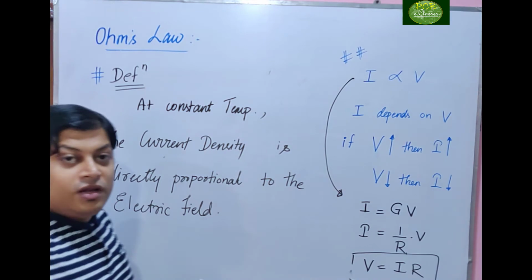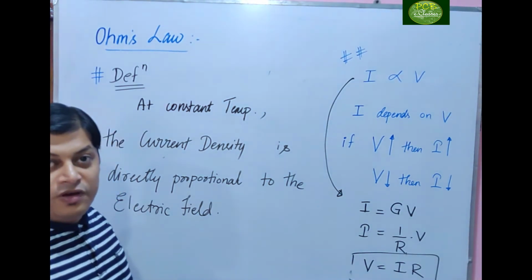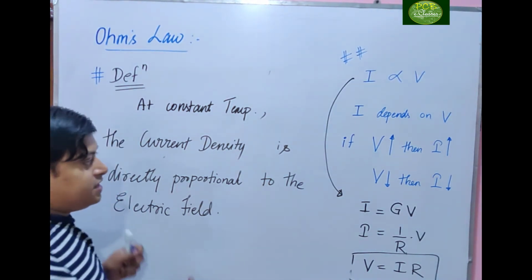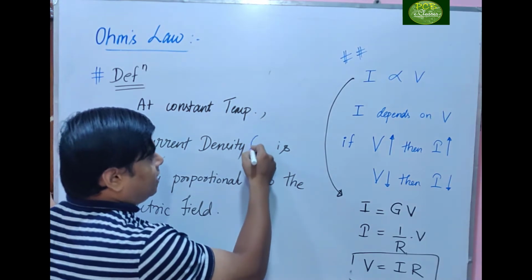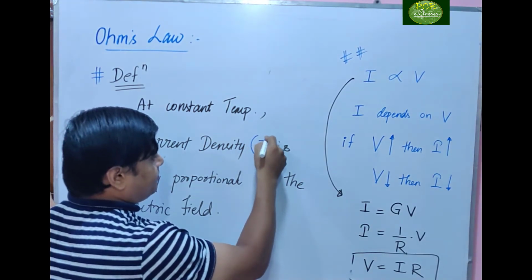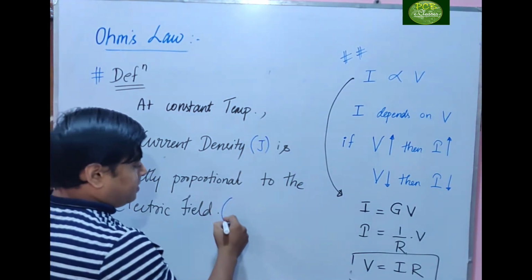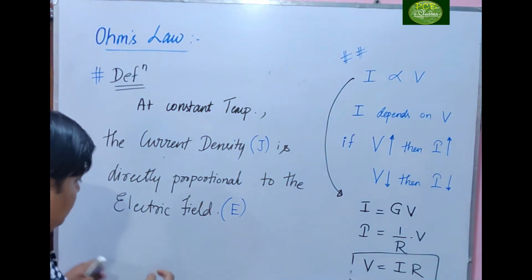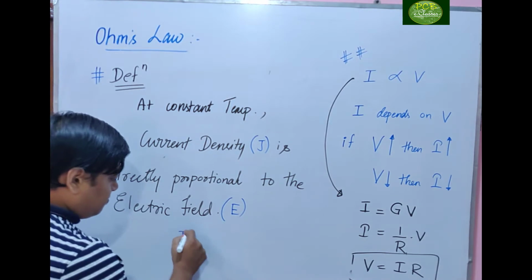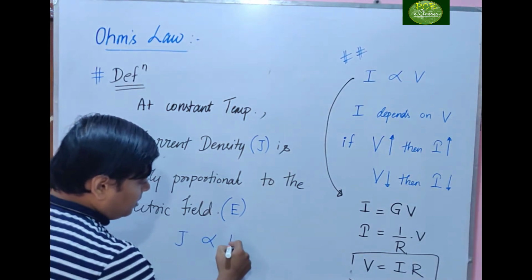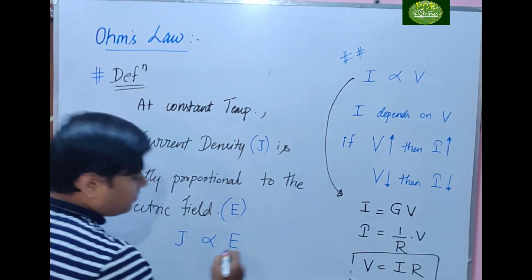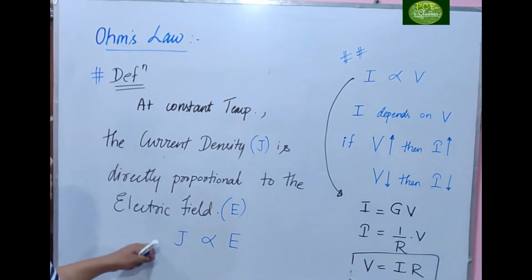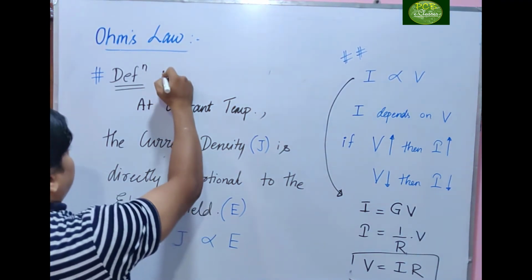Let me remind you of 12th class physics: current density is denoted as J, and electric field is denoted as E. So what it says is, J is proportional to E. This is Ohm's law, and this form of Ohm's law is said to be the